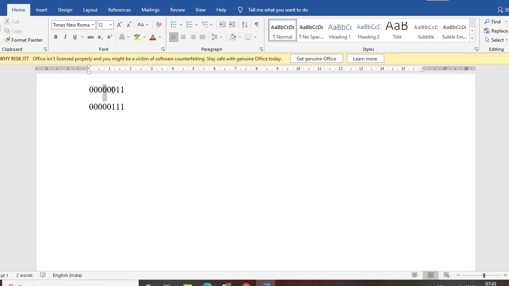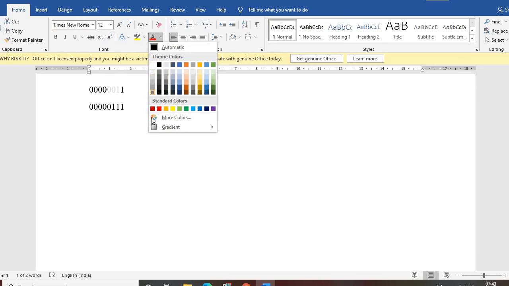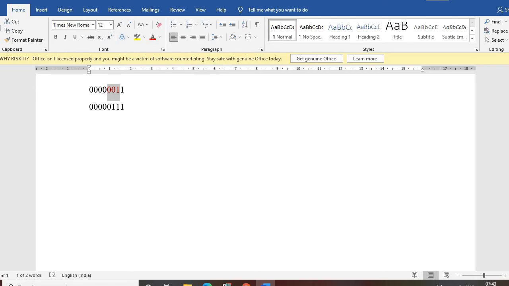This value will be shifted 4 positions left.